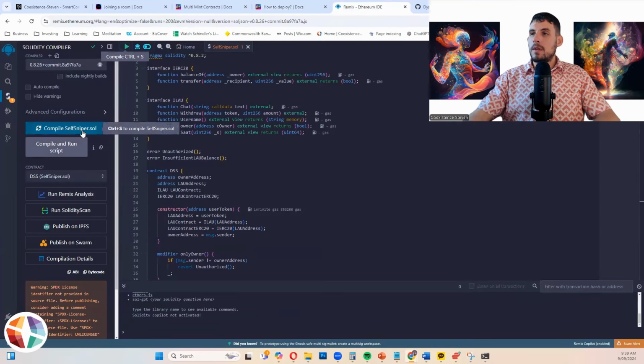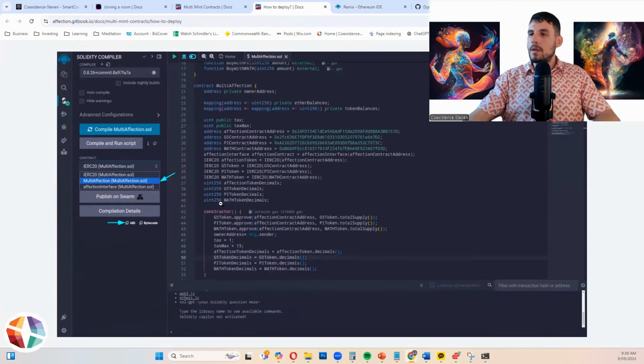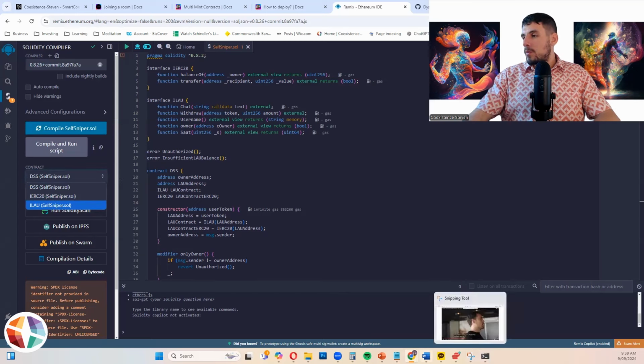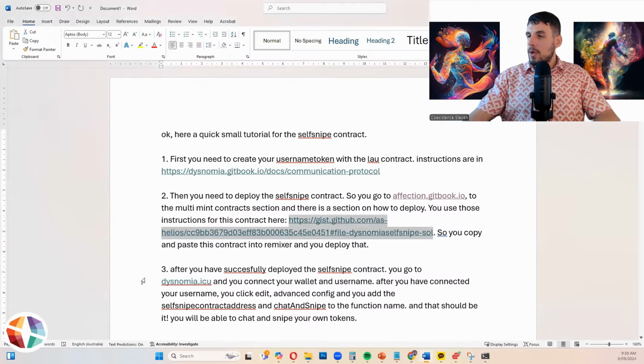So hopefully, I suppose it would be the LAU. I'm suspecting it's the LAU self sniper, if it's got something to do with the LAU contract. Let me just read these instructions again. So you copy and paste these contracts in and you deploy that. After you have successfully deployed, you go to